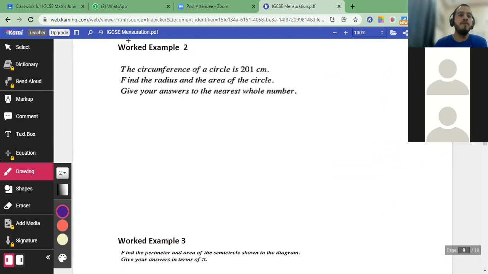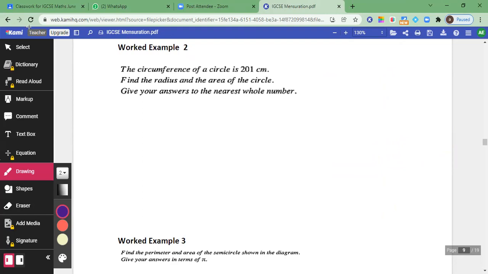طيب يا شباب I will give you 5 minutes. Try to do worked example number 2. The circumference of a circle is 201 centimeter. Find the radius and the area of the circle. Give your answers to the nearest whole number. Yalla, take 5 minutes and try to finish at 2:30. يلا ها